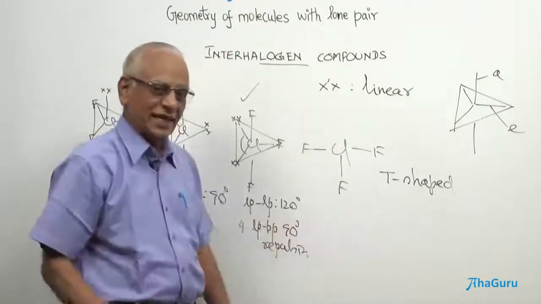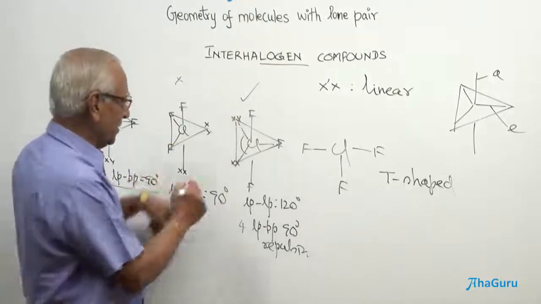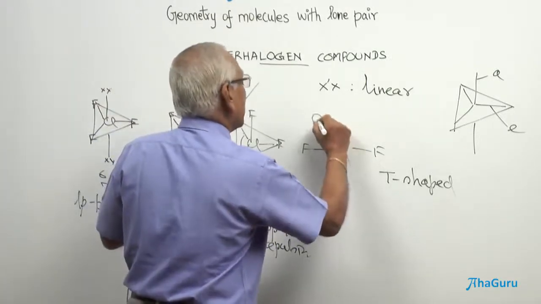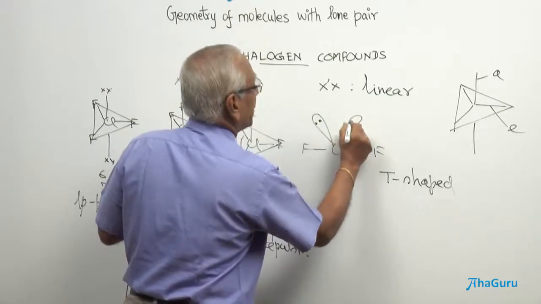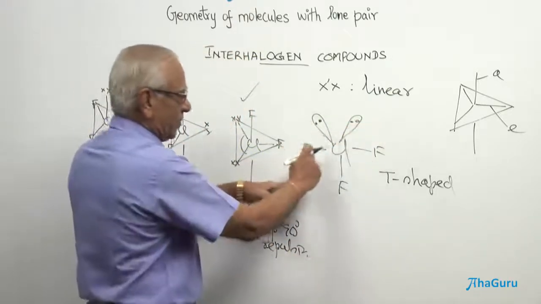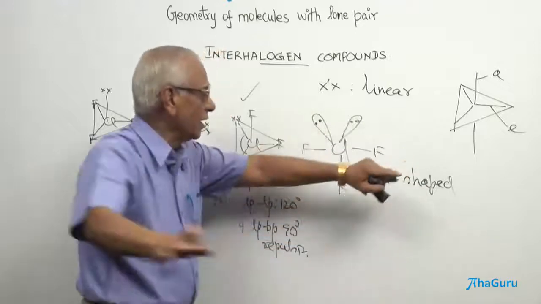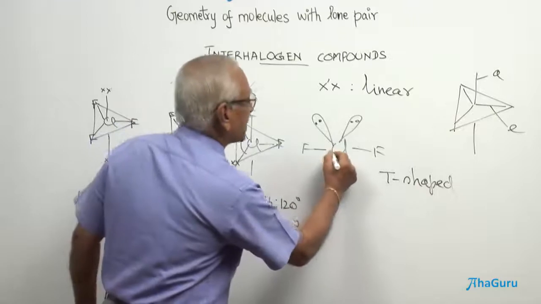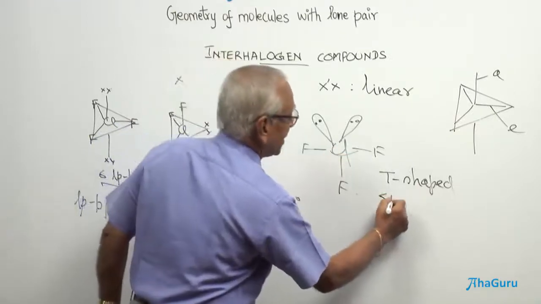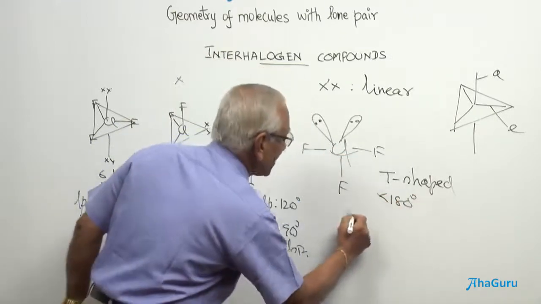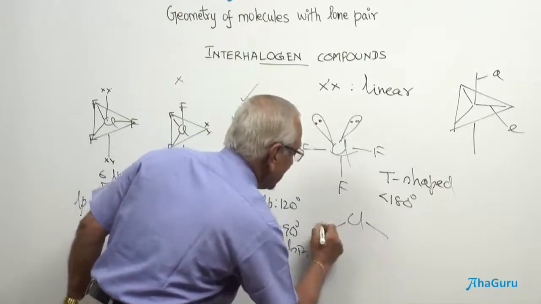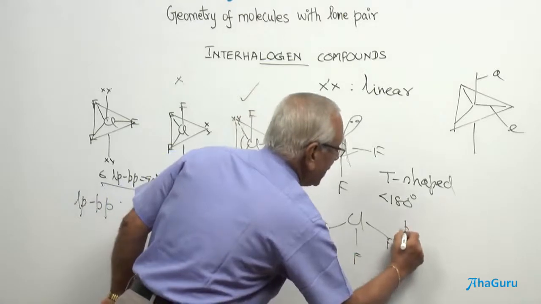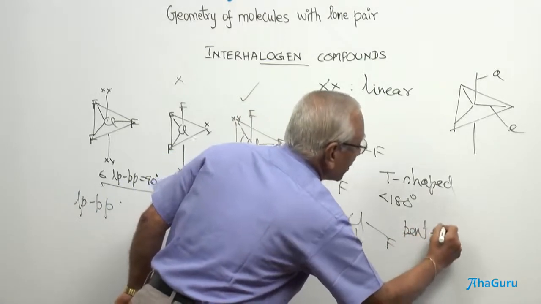Now, the bond angle definitely is not going to be 180. It is going to be slightly less than 180. How? You see here, there is the lone pair here. Let me visualize the lone pair here. And there is going to be lone pair repulsion. Because of this, the 180 angle is going to come closer. Therefore, it is going to be slightly less than 180. Since it is slightly less than 180, this is also indicated as a bent T-shaped molecule.